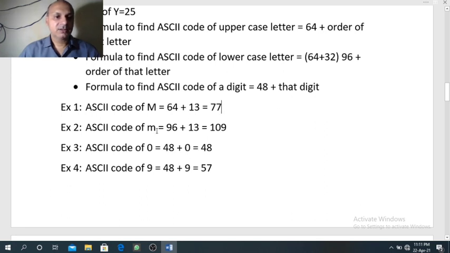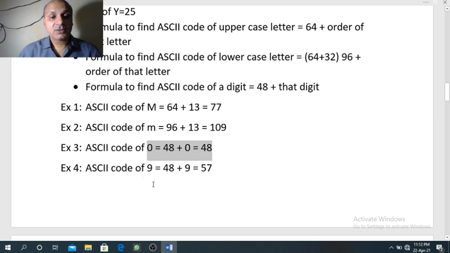In the same way, for small m, 96 plus the order of small m, that is 13. So 109. To find the ASCII code of digit 0, 48 plus the same digit, that is 0. So we will get 48.